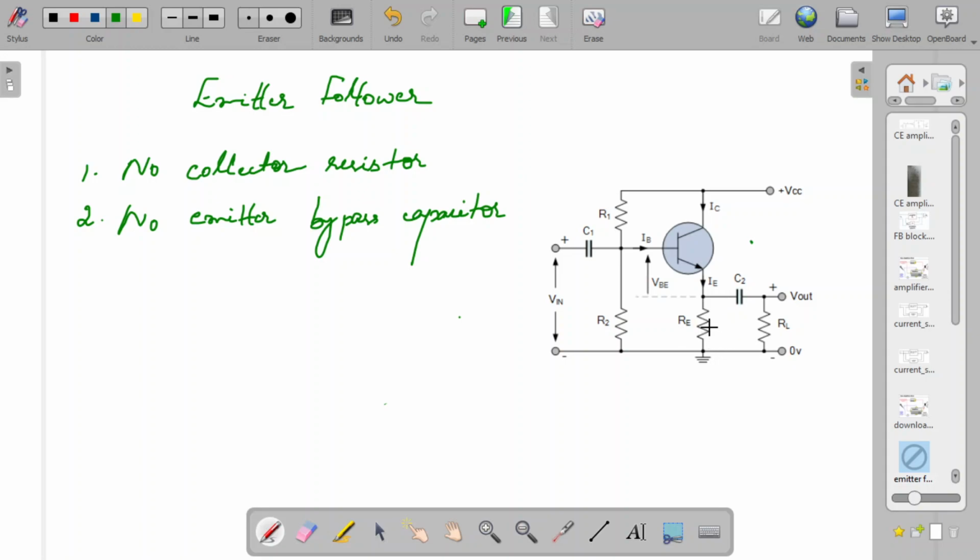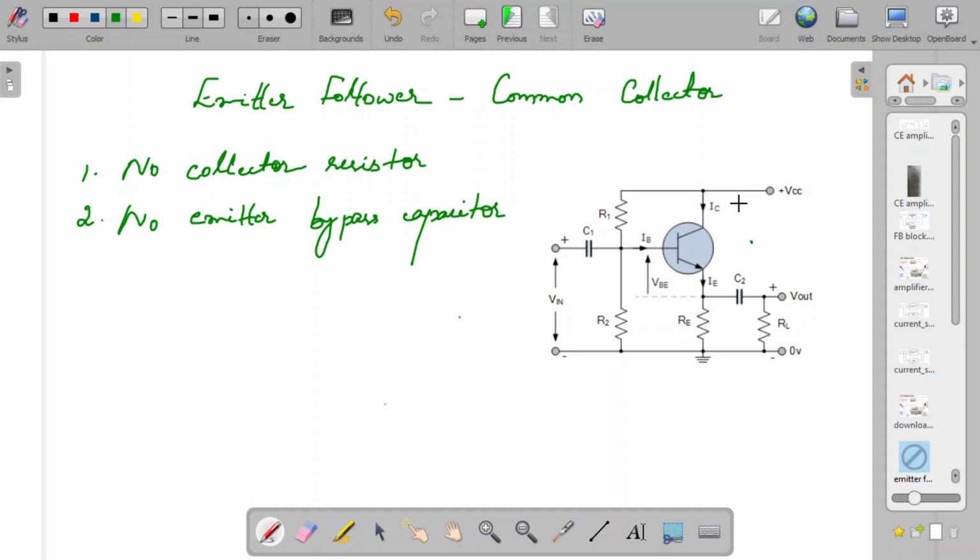Okay, so the striking difference between this, which I will write here as a common collector amplifier, and the common emitter amplifier is that there is no collector resistor and no emitter bypass capacitor here. Okay, now we shall see how it becomes an emitter follower and how it becomes a common collector. Now we can see that since there is no resistor here, when you do the AC analysis of the circuit,